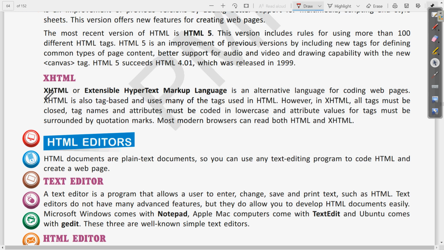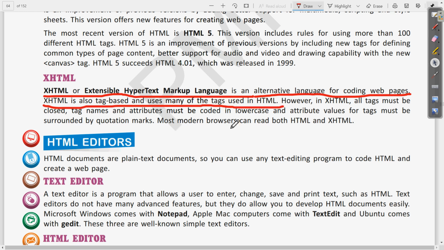So write from here that XHTML or extensible hypertext markup language is an alternative language for coding web pages. Clear? Then XHTML is also tag based and uses many of the tags used in HTML. This is the second point. The third point you can write from here also, that the modern browsers can read both HTML and XHTML.